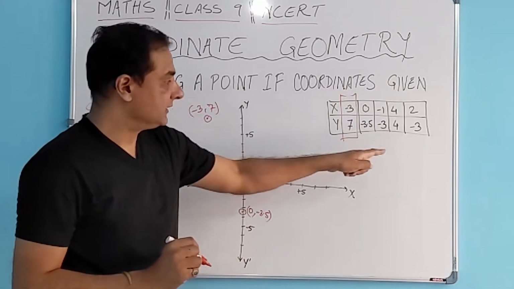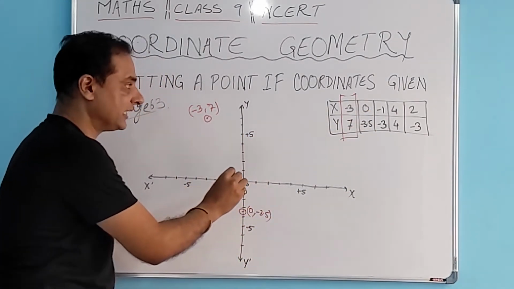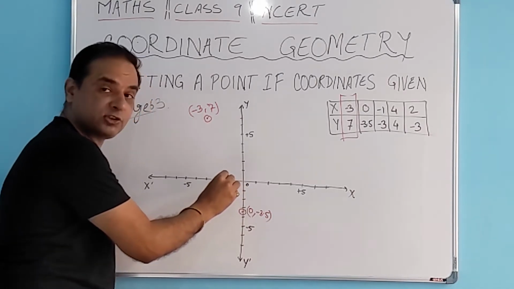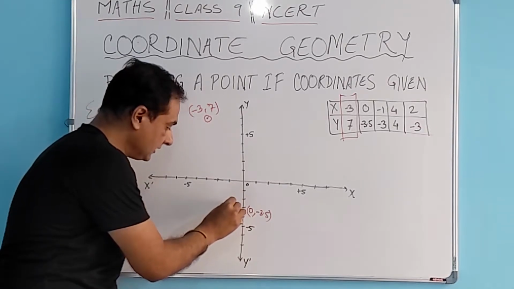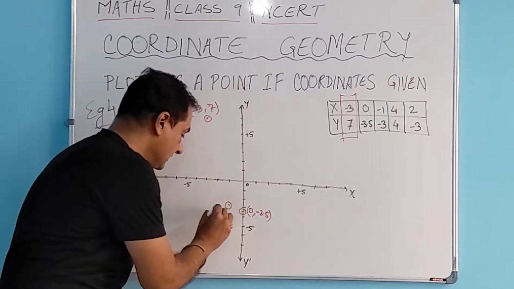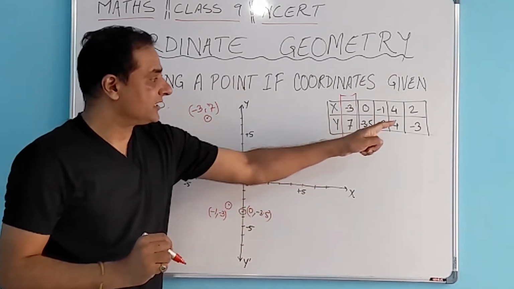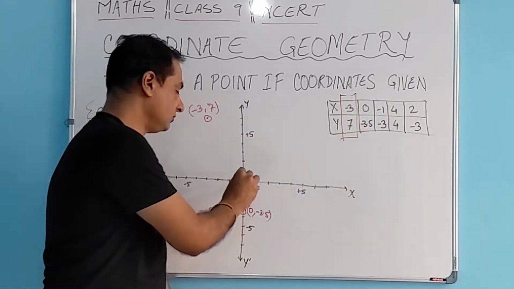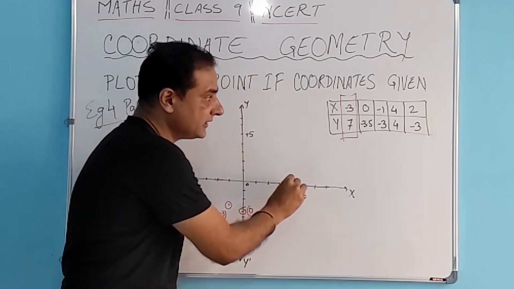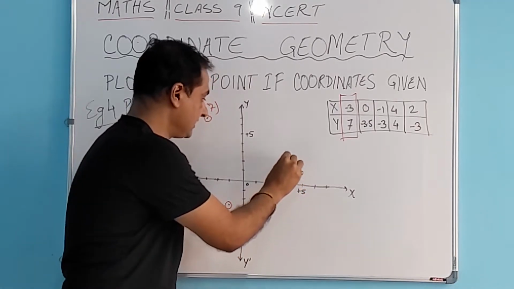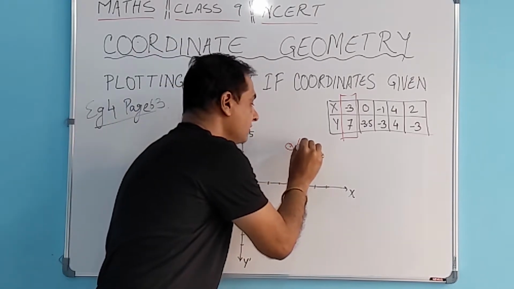We go to the third one, minus 1, minus 3. Follow the same. We first look at the x coordinate, minus 1, we reach here. Then for the y coordinate, it is minus 3, so we go down, 1, 2, 3, we come here, and this point is minus 1, minus 3. Next point, 4 and 4. First, we find the x coordinate, we go in this direction, we reach here. Then the y coordinate is positive 4, we go in the positive direction, and we come over here. This point is 4, 4.